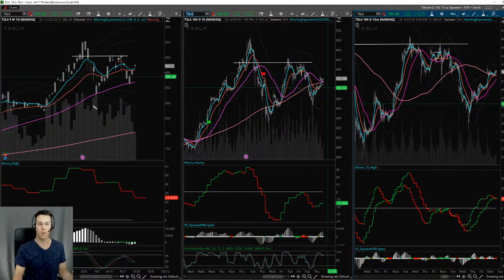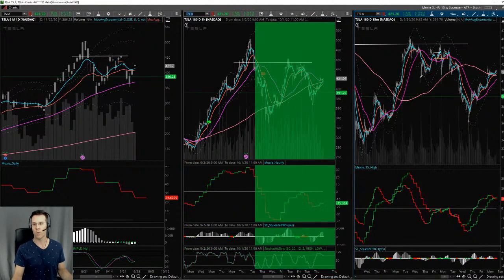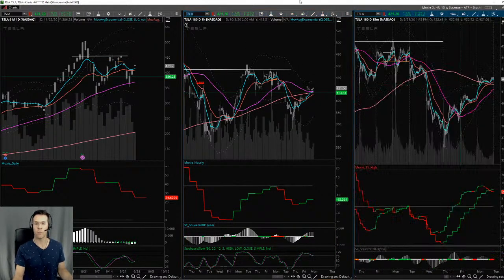It's flagging. Where is it finding support? Daily 50, daily 50. It's pretty good. We also have the 8 over the 21 still. It's still bullish. We still have the fast-moving average over the slow-moving average. That's good. But I'm still waiting for just a little bit more clarification, because I haven't quite seen what I'm looking for.